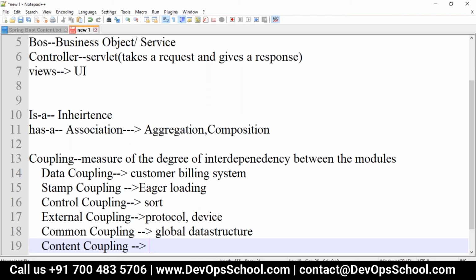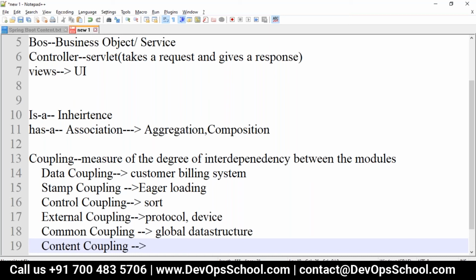For a simple example, you have a project which is already developed, and one module is entirely dependent on the other module.